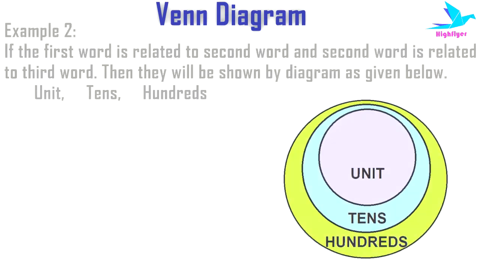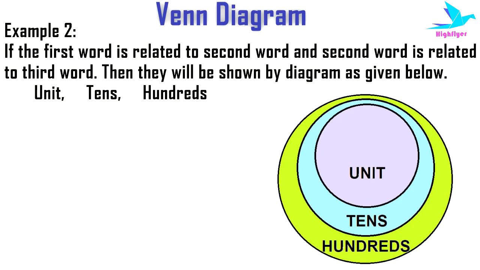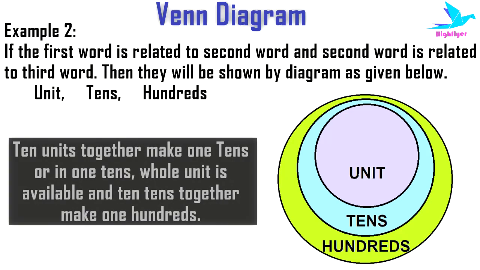Example 2. If the first word is related to the second word and the second word is related to third word, then they will be shown by diagram as given below. Unit, tens and hundreds. Now here 10 units together make 1 tens, or in 1 tens whole unit is available, and then tens together make 100. So here all the three words are related to each other, where units come under tens and tens come under